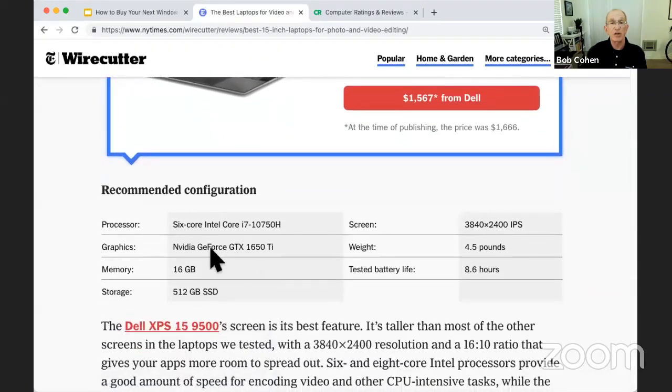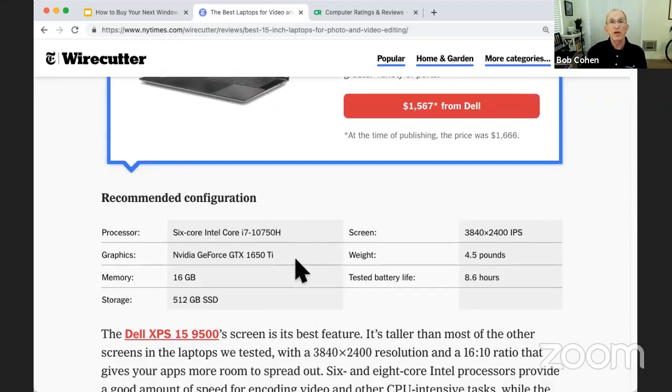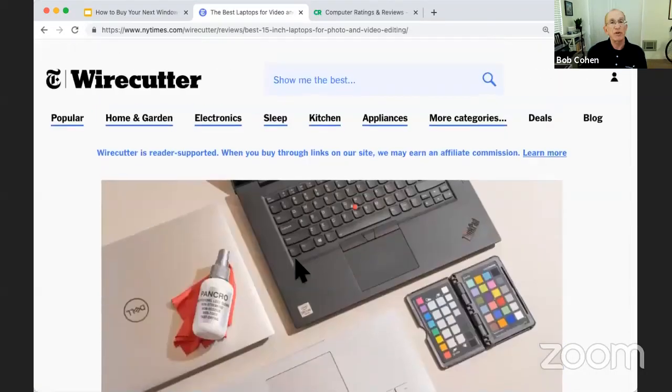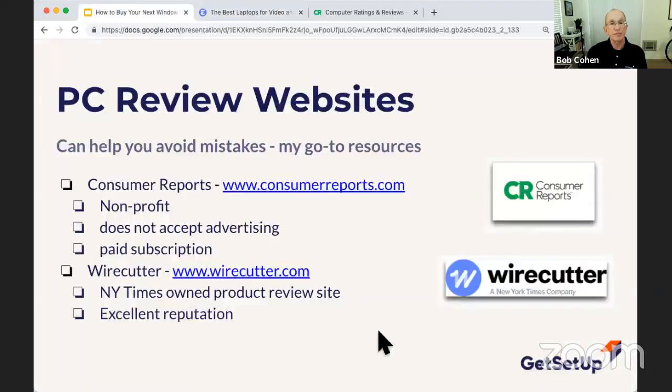And then you're going to get 6 cores, okay, and a Model i7, which is really, really faster. And they're going to give you 16 gigabytes of memory. And you're going to get a 512 gigabyte solid state drive. So you're going to find that as you go up in price, you do get more capability for all of these things. So those are just some ranges that we have that we can look at.